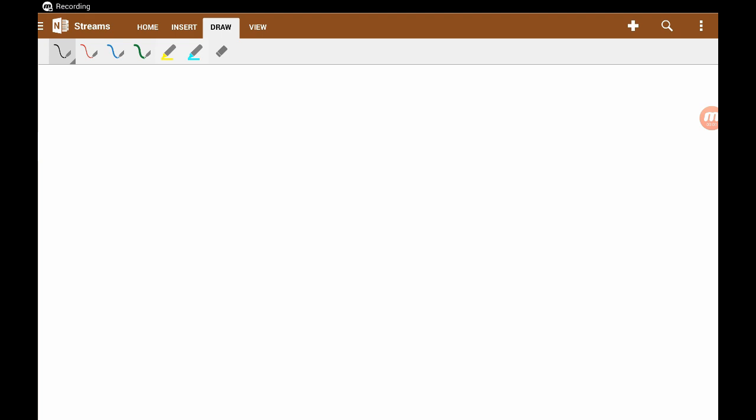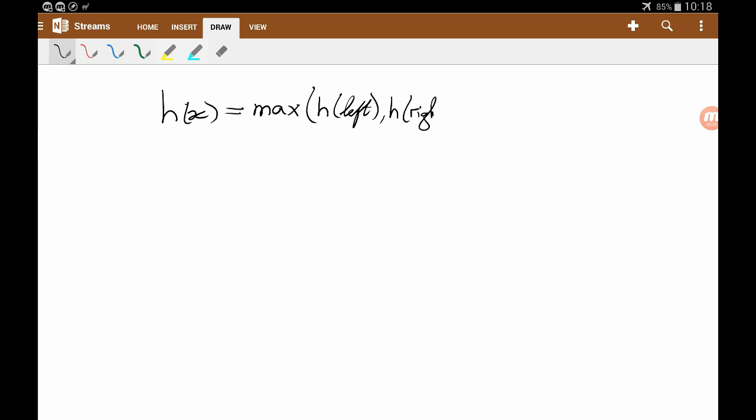Okay, so what is this balance condition? It has to do with the height. If we look at the height of some node x, we say that the height of that node is equal to the maximum of the height of its left child or the right child, plus 1, because we've now added in this extra node. We then said that if the node itself is a leaf, it's going to have a height of 0. So the height of a leaf